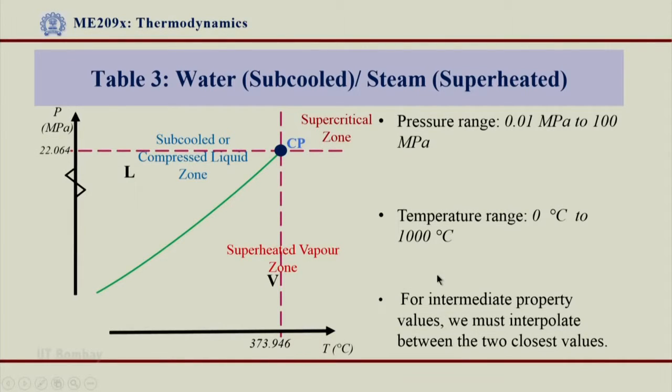So coming back to the slides now, if I want to see these values for a given pressure, for example, some pressure is given over here, and if I go on increasing the temperature for a given pressure, you can see from this PT diagram, and if this pressure happens to be less than critical pressure or less than 22 MPa, and the initial condition happens to be in a subcooled region, alright. So you can locate that I will be in a subcooled region somewhere, and if I go on increasing the temperature now,